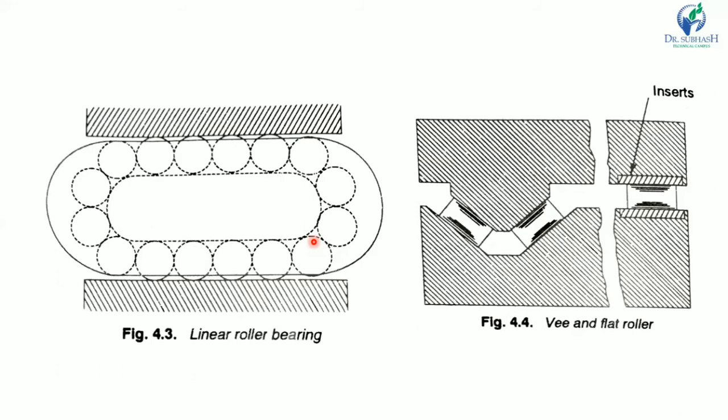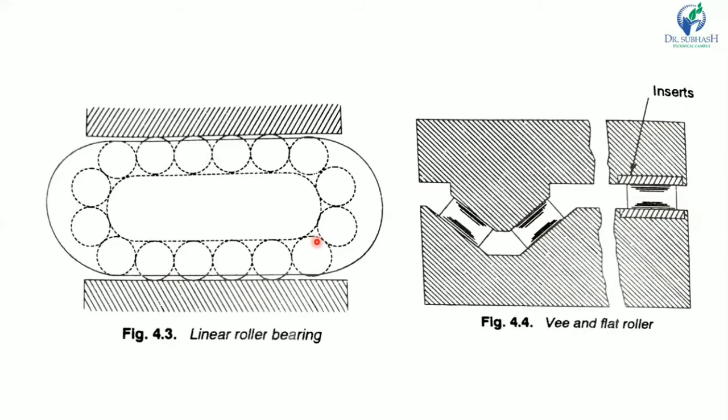To reduce the problem of accurate machining of the machine bed, hardened steel guides with special guide forms may be attached to the bed of the machine, and the rollers can move on the rails. The linear roller bearing can be mounted horizontally for load carrying applications such as a machine tool table, or vertically to provide support, guidance and motion for the vertical elements of a machine tool.